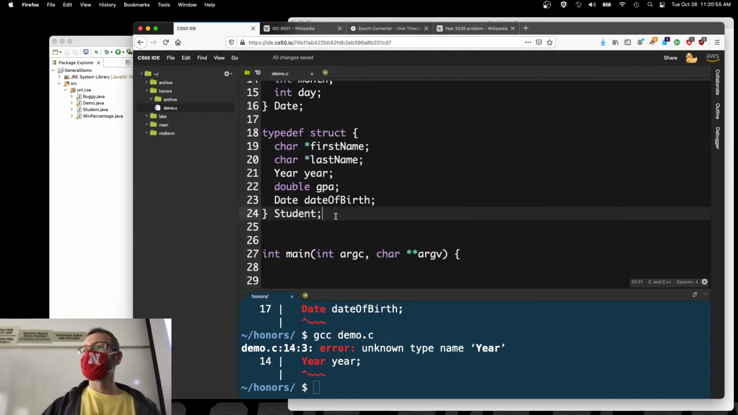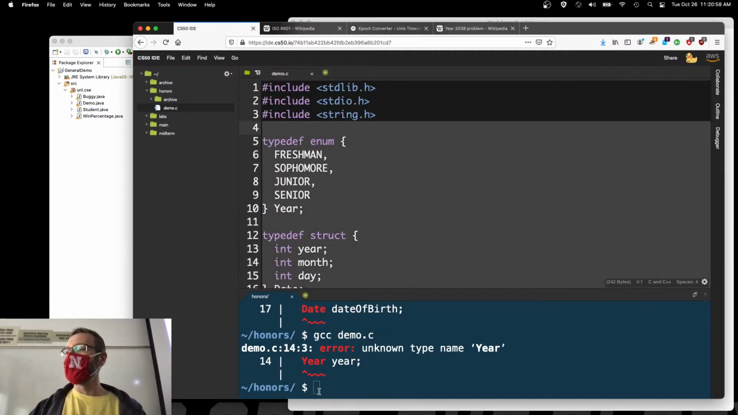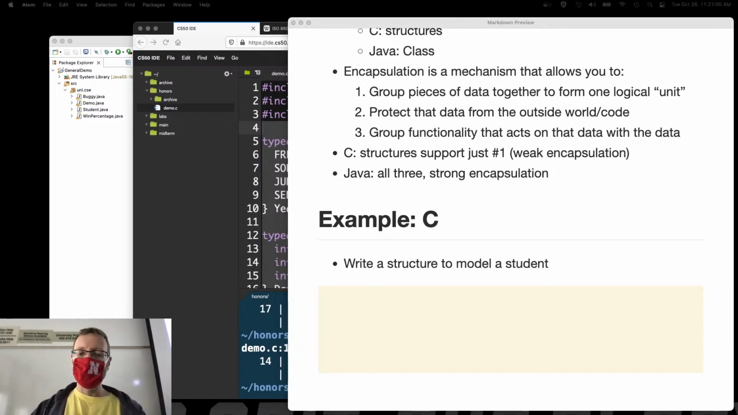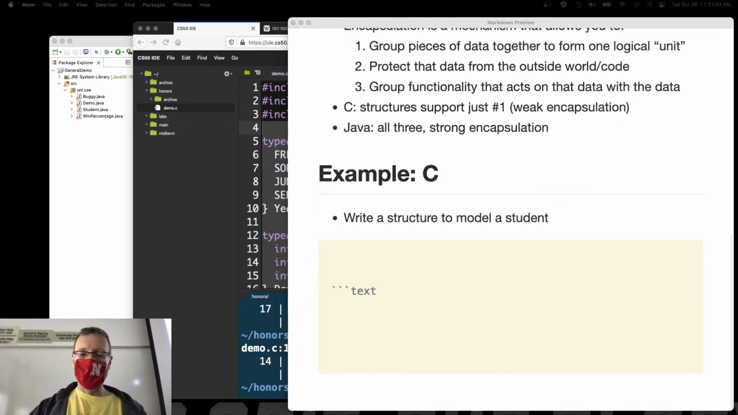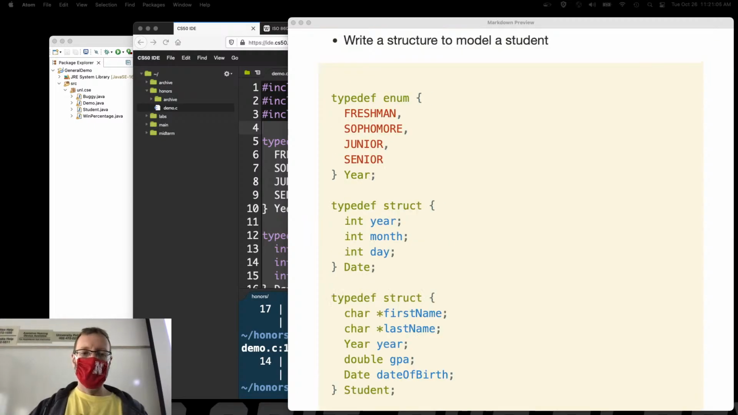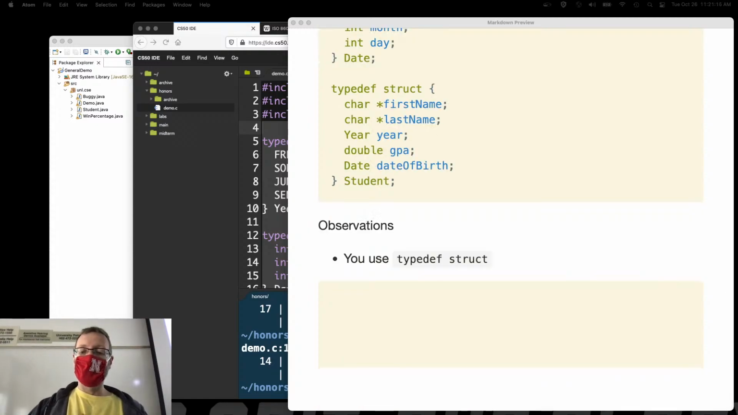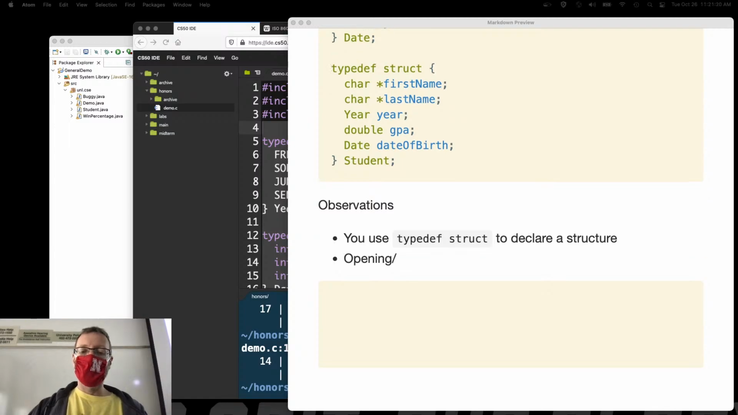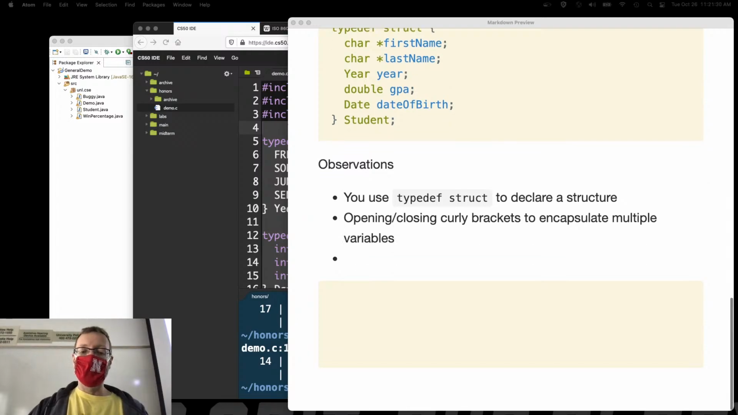Great. So I'm going to go ahead and put this into the notes, and let's make some observations. There we go. Observations. Right. You use typedef struct to declare a structure. Right. Use opening, closing curly brackets to encapsulate multiple variables. Right. You generally